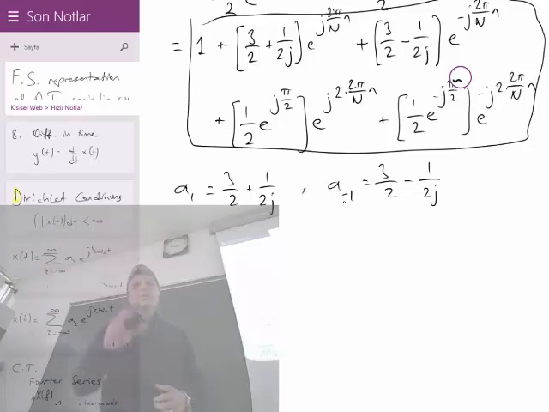No, the cosine is 1 over 2. It's a sine which makes 1 over 2j. Cosines are having real Fourier series coefficients, 1 over 2. Sine is an odd function, and they have purely imaginary 1 over 2j. And then,